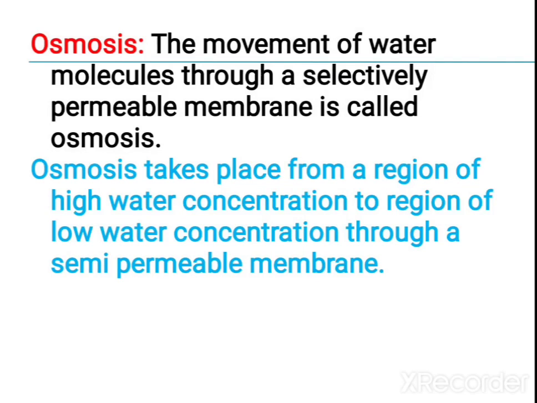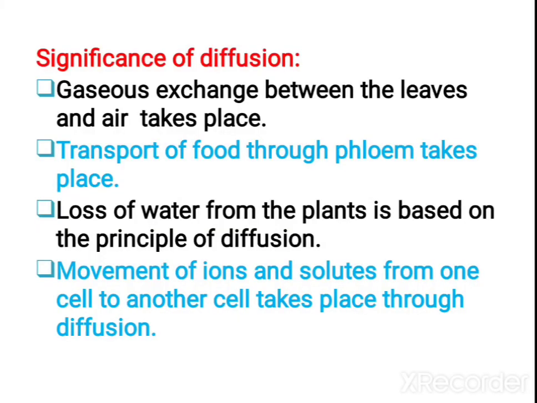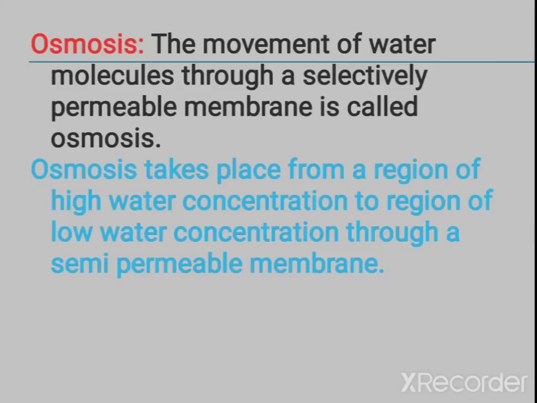So if you want to understand diffusion, children, simply light one agarbatti, the incense stick. When you light it, you won't get the smell at once. But after lighting for a few minutes, you will get the smell. Why? Because the smoke slowly diffuses. Like that, it diffuses in the air and you are able to feel it. The same way, diffusion also occurs in your body, that is from higher concentration to lower concentration.